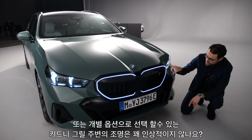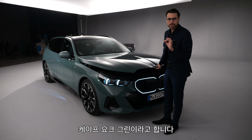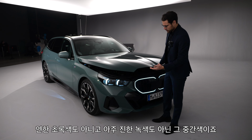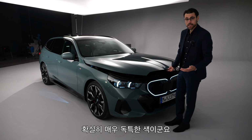So I've just read these questions popping up. Thomas, what is actually this very color called? It's called Cape York Green. So it's not a light green, but it's also not a super dark green, something in between. Definitely a very unique color, isn't it? Of course, I would always order it in Thomas Blue, you know. Then,